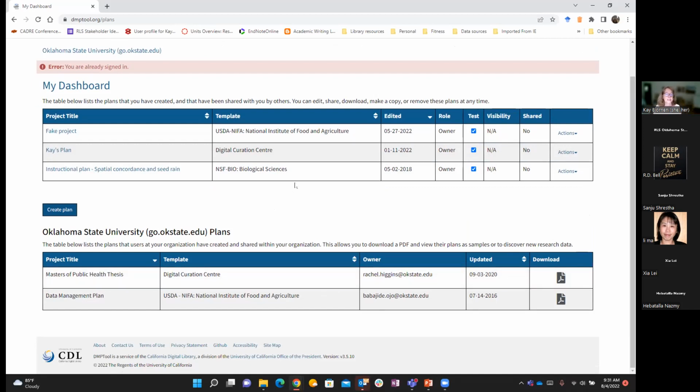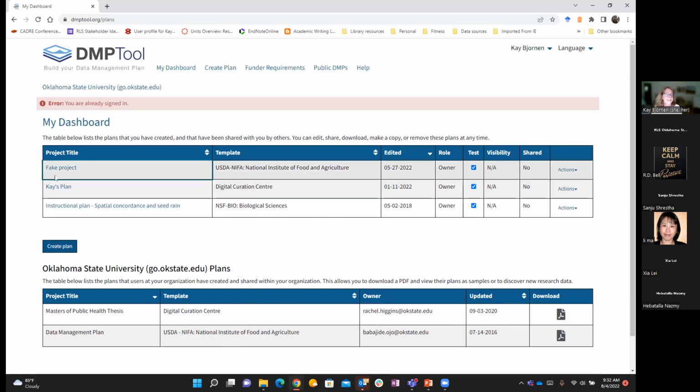In other words, if there is a grant that you are aware of that was submitted from OSU, you can search it. Now, a problem with that is, as you see here, very few of them are public. I've created a few fake ones to look at just for purposes of our workshops. But before I do that, I'm going to show you how to search for a DMP